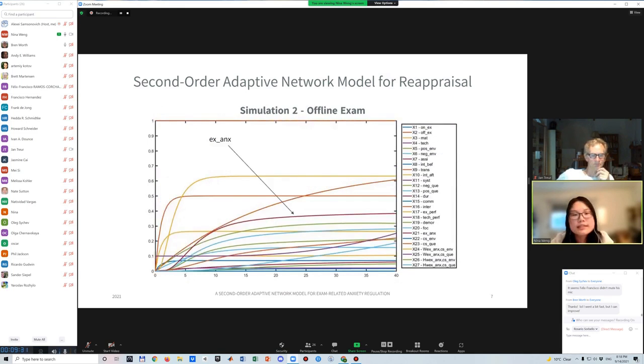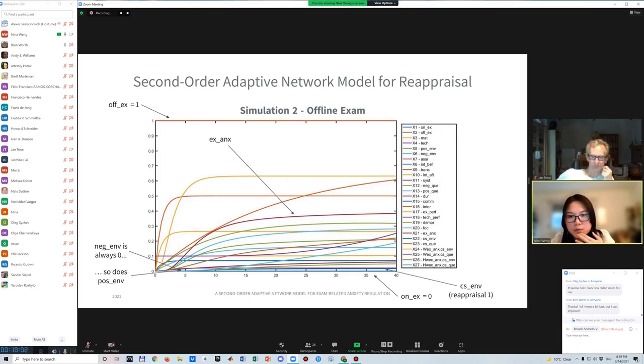And now we can see the second simulation, which is on the offline exam setting. Here the online exam states are always 0, and the offline exam states are always 1. First of all, the overall exam anxiety is much lower than in the online exams. But also some states are at higher levels,